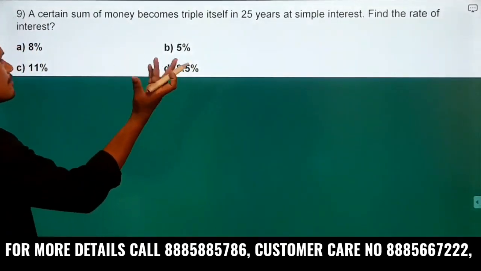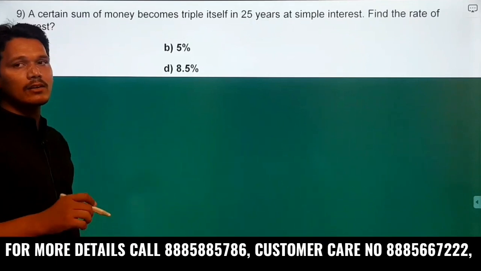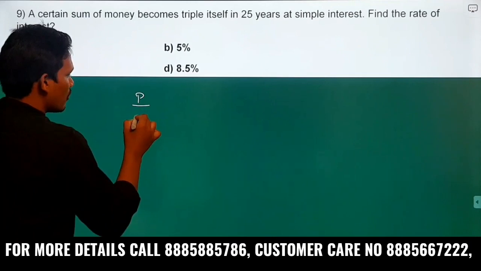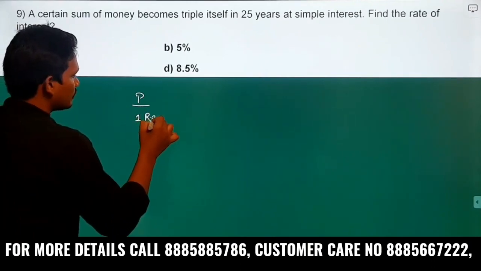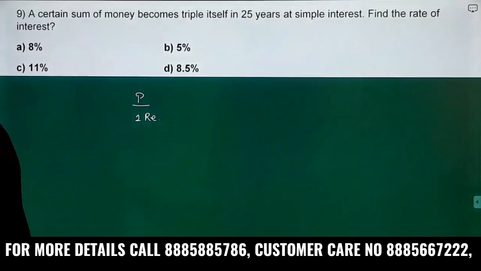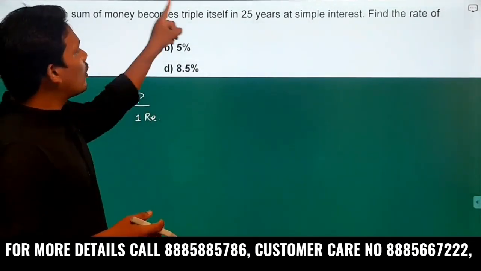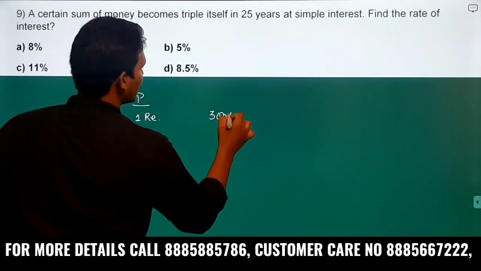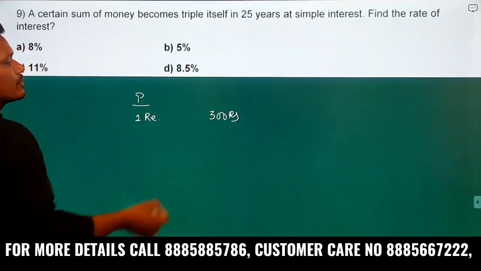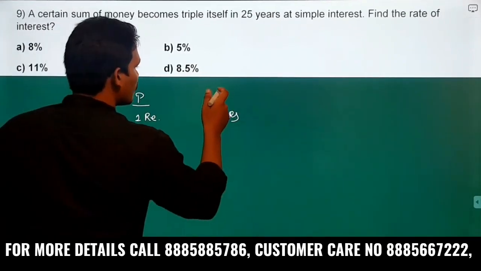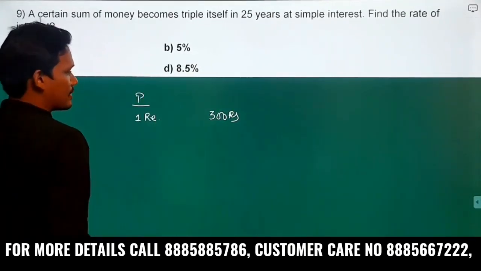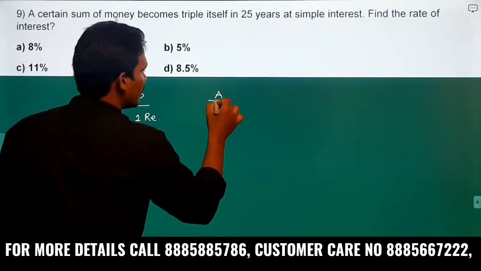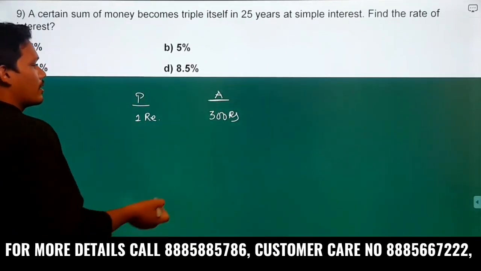Okay, a certain sum of money, normally we would consider it as x. Okay, don't go with x. Here let us consider that a certain sum of money is equal to 1 rupee. It is becoming how many times here? Triple, in the sense this value equals 300 rupees, meaning the principal will become 300. When it becomes 300, you need to add some interest. So principal plus interest. So indirectly he mentioned that this is the amount.